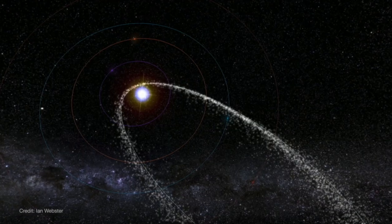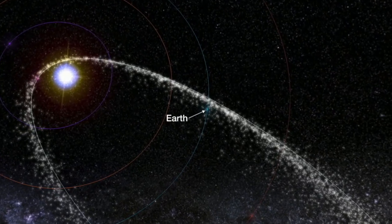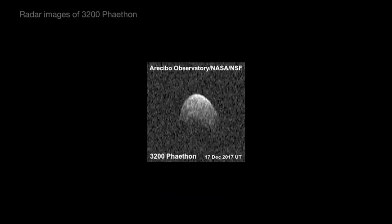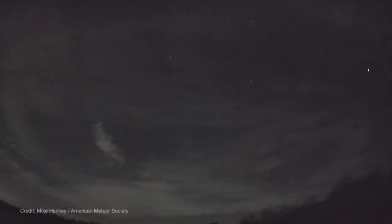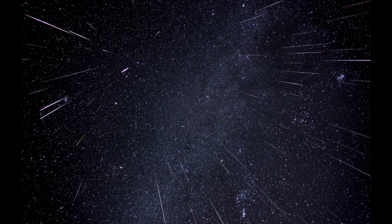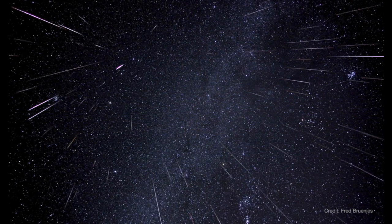This shower is active from December 4th through the 17th as Earth plows through the trail of dusty debris left behind in the orbit of asteroid 3200 Phaeton, which might actually be a burnt-out comet. The Geminids produce a good number of meteors most years, but they're made even better this year as the shower's peak coincides with a nearly new moon, thus making for darker skies, with no moonlight to interfere with the fainter